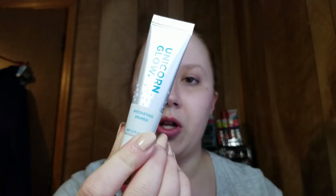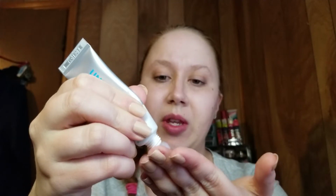it stopped. I'm gonna go in with the Unicorn Glow Hydrating Primer, just a little bit. I haven't tried this since I got it, still sealed, but I kind of want this look to be a bit glowy. So I know that I had discussed possibly doing a glam version of how I did my makeup in high school meets glam. I want to try to find the actual foundation powder that I used in high school before I do that, which I didn't wear all the time, but I feel like if I'm going to do an homage in any way to my high school years, then it just...